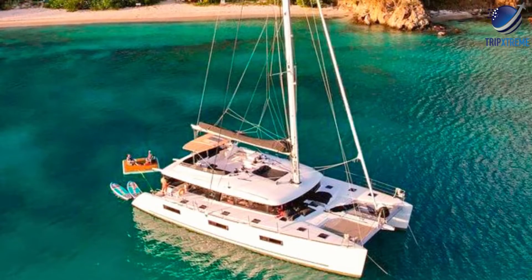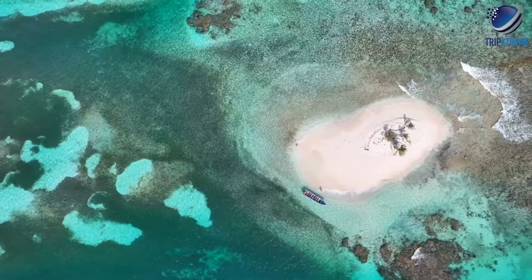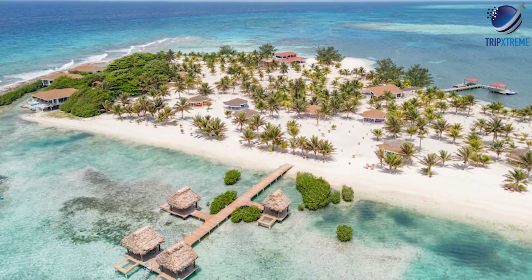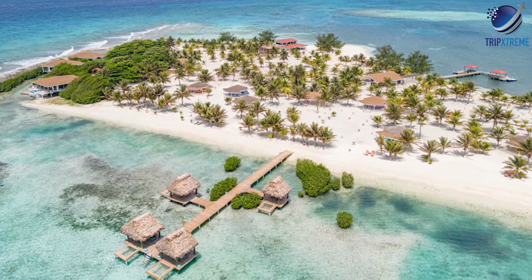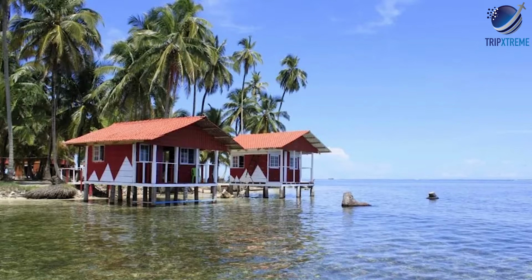If your budget doesn't allow for a catamaran, economical options are available. However, you need to be prepared to bring out your inner Robinson Crusoe, as the accommodations are, well, generally on the rustic side. The only way to stay on these idyllic islands is to book a package with the local